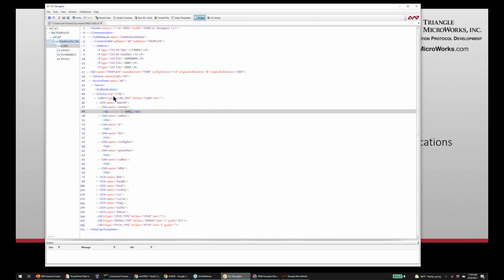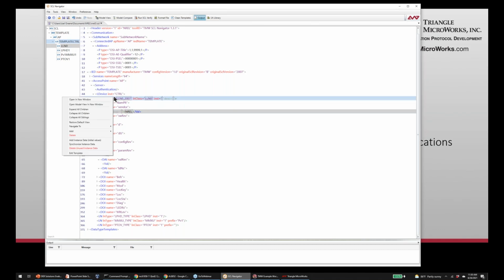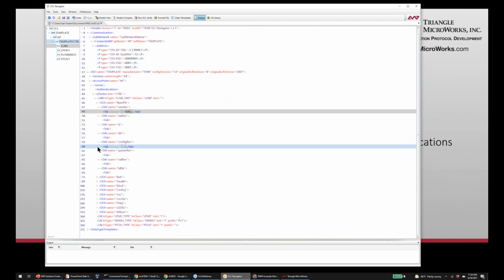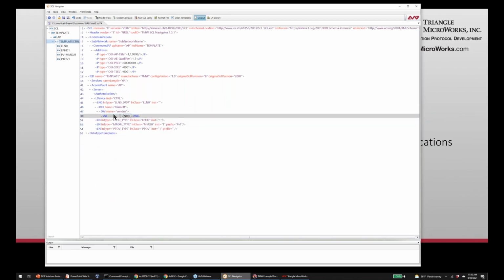And once I fill in a value, then I need to strip all that extra information out, or all the unused fields out, because we have a motivation SCL that's expected to be as compact as possible. So we don't want any additional file size that we don't need. So we can come in here and delete all this unused instance data. That makes it very easy to add the pieces we need in here and get rid of the pieces we don't. That's very difficult to do in a text editor.